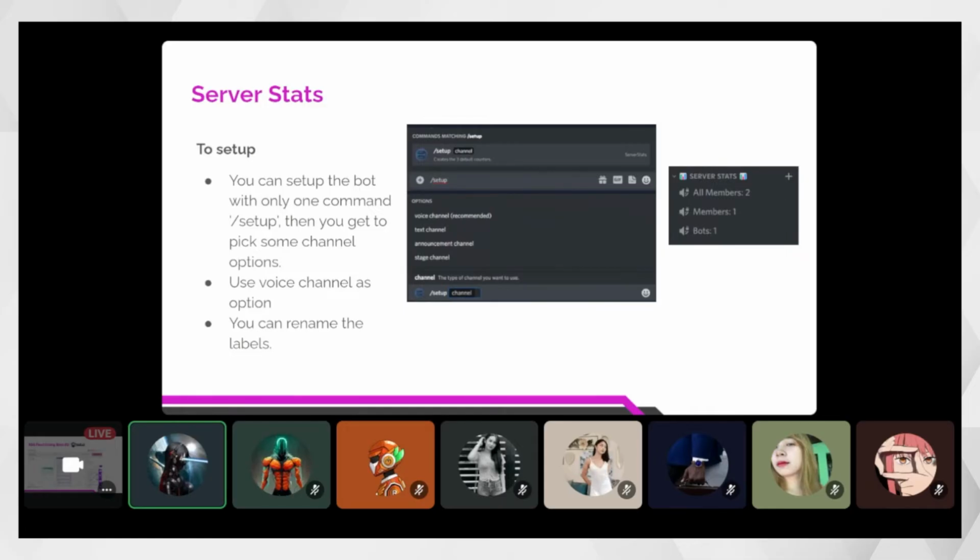If you put some space in the channel name, it automatically becomes a dash. So sometimes it's not good aesthetically and in terms of design. So I recommend this voice channel, and no worries, because this is a voice channel which no normal members can join, because it is usually locked upon setup of this bot.